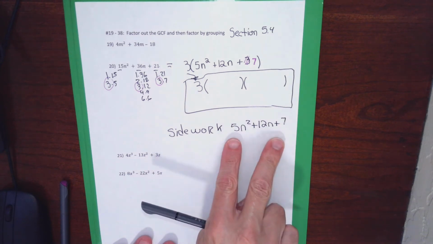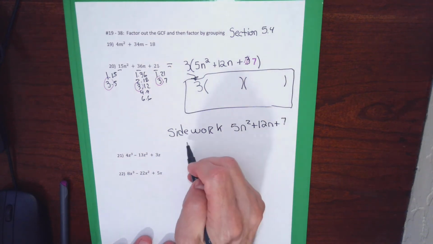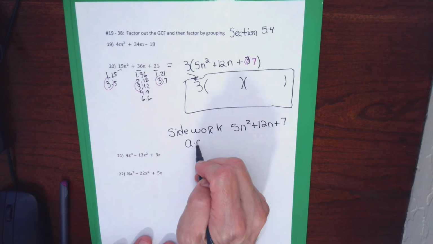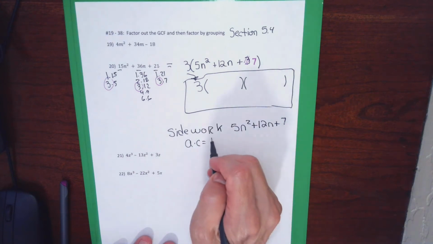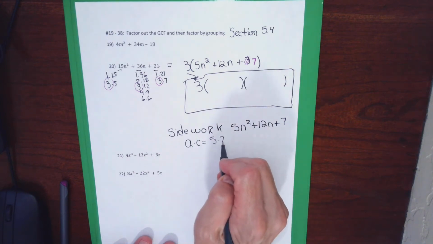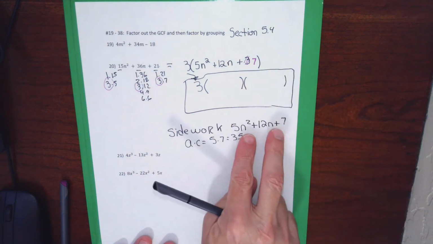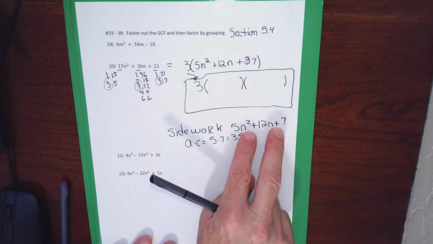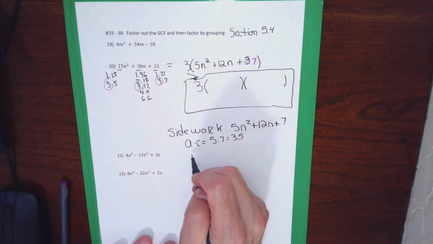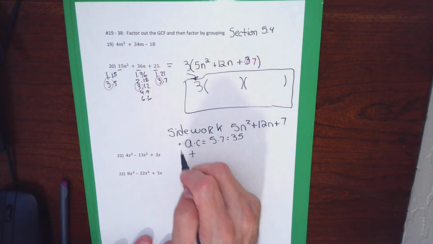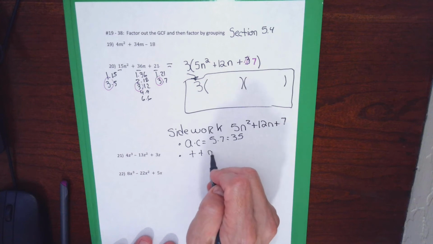So this doesn't have a common factor. I've got that step done. I'm going to multiply the a and the c. The a is the 5, the c is the 7. I'll get 35. This is the row of the template that you should have memorized because there's no minuses in it. I'm searching now for plus numbers